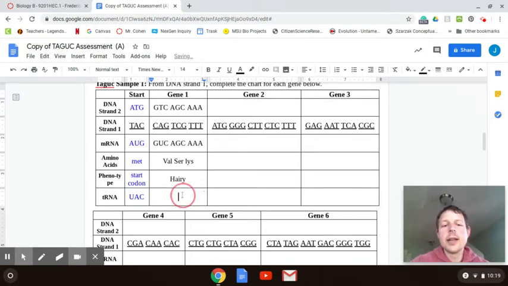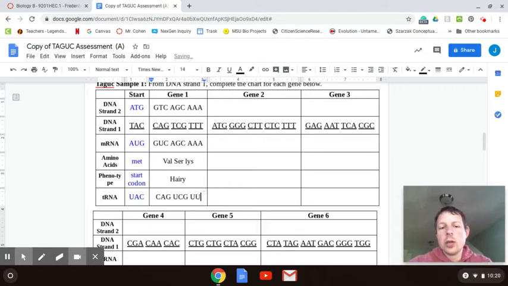Okay. The next thing you have to do is you have to now match the tRNA strand. The tRNA strand is very similar to the DNA strand one because it needs to match up with this, but we use U's whenever we're talking about RNA. So for this one, whenever we write a T, it's actually going to be a U. So it needs to match up with this. So it's going to be C, A, G. Okay. U, C, G, and then